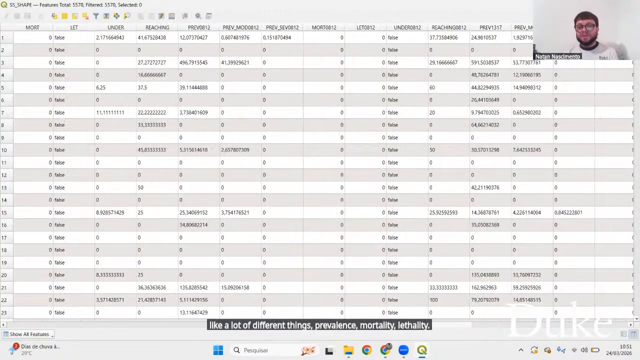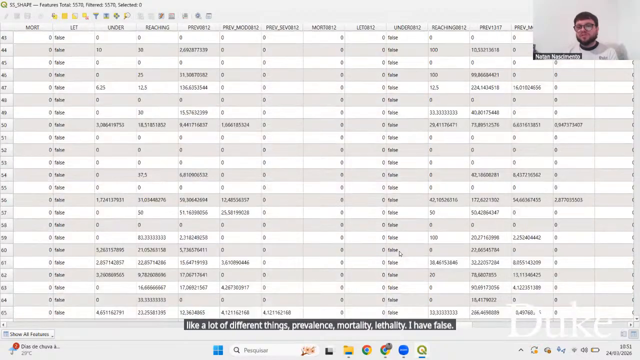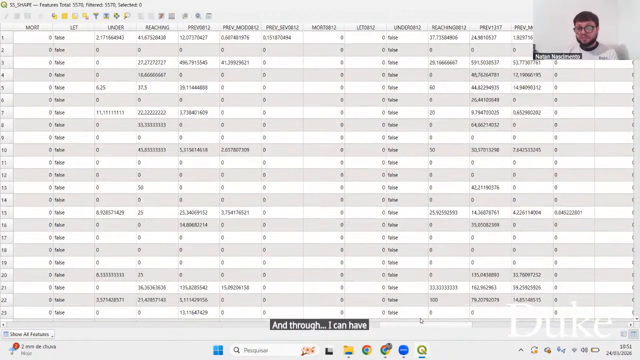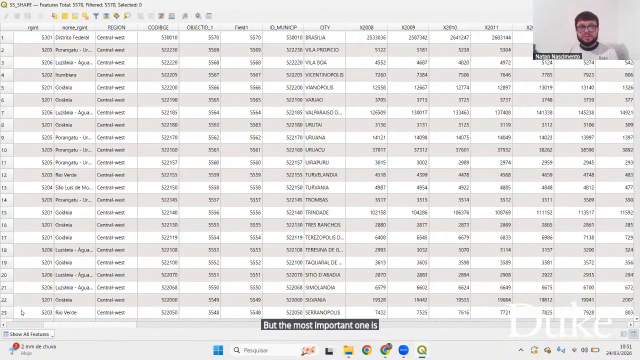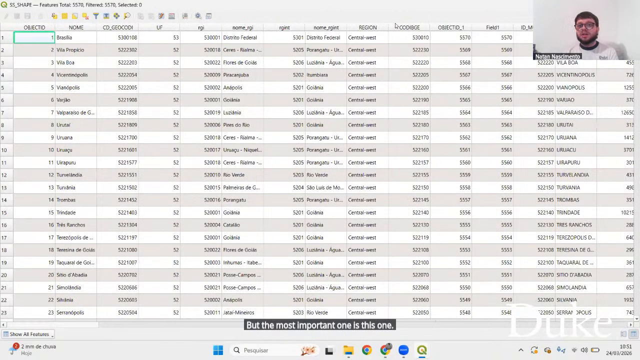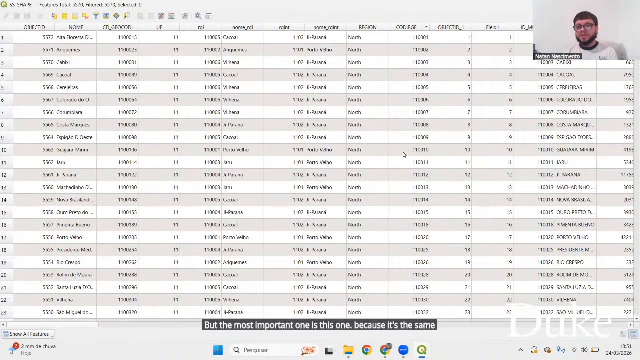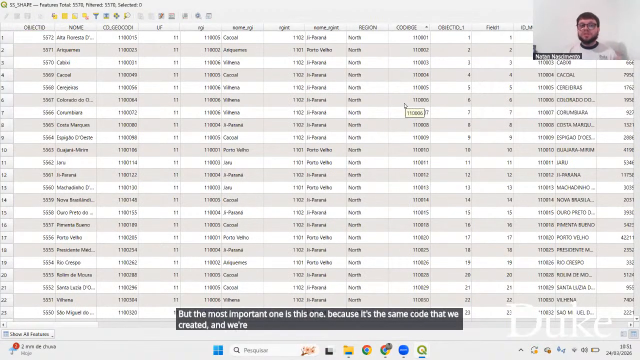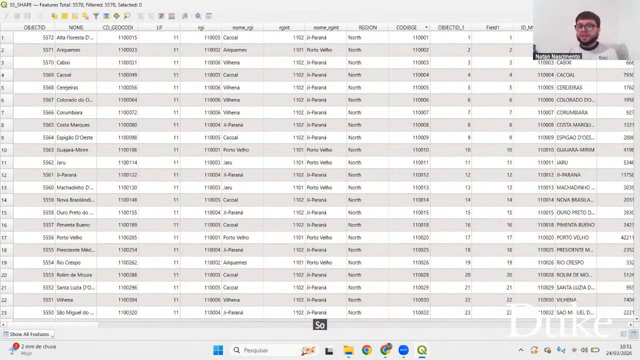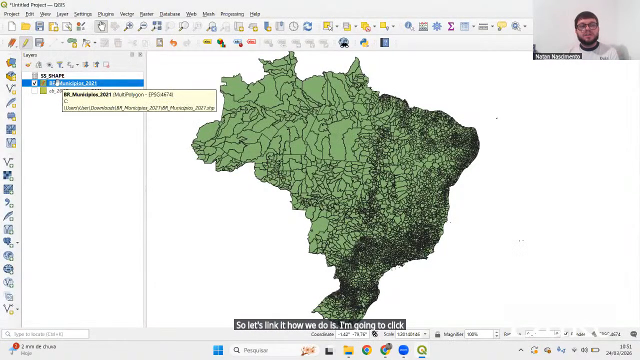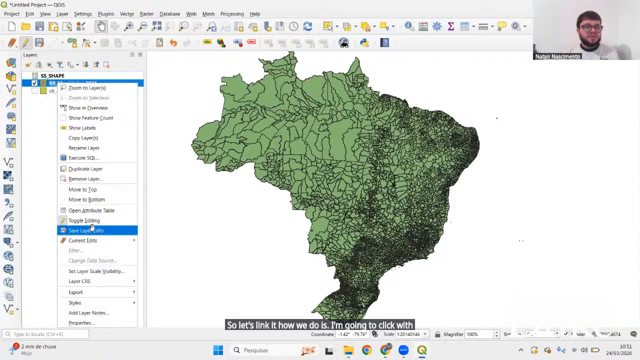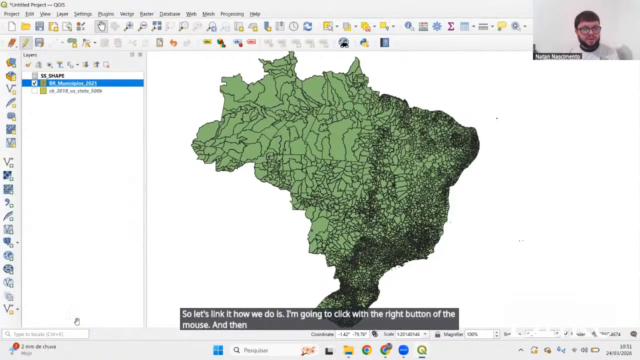I have false and true. I can have a lot of different things. But the most important one is this one, code IBGE, because it's the same code that we created and we're going to use to link those together. So let's link it. How we do is I'm going to click with the right button of the mouse, and then I'm going to, in properties,